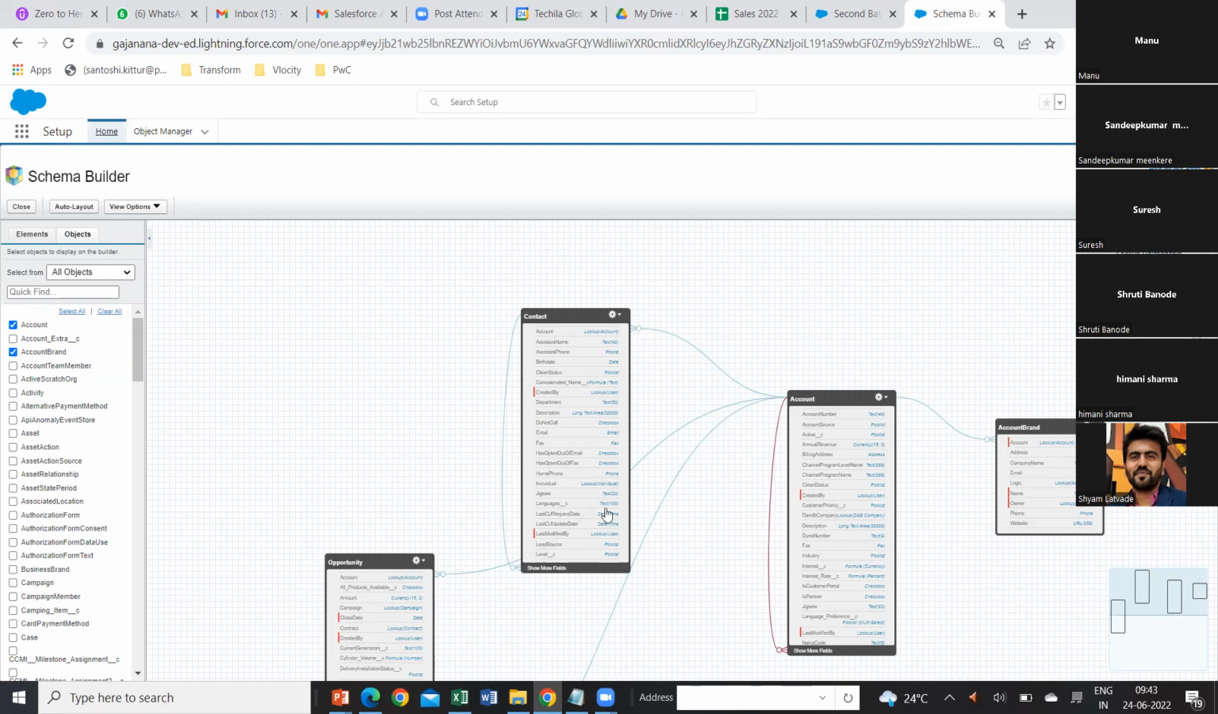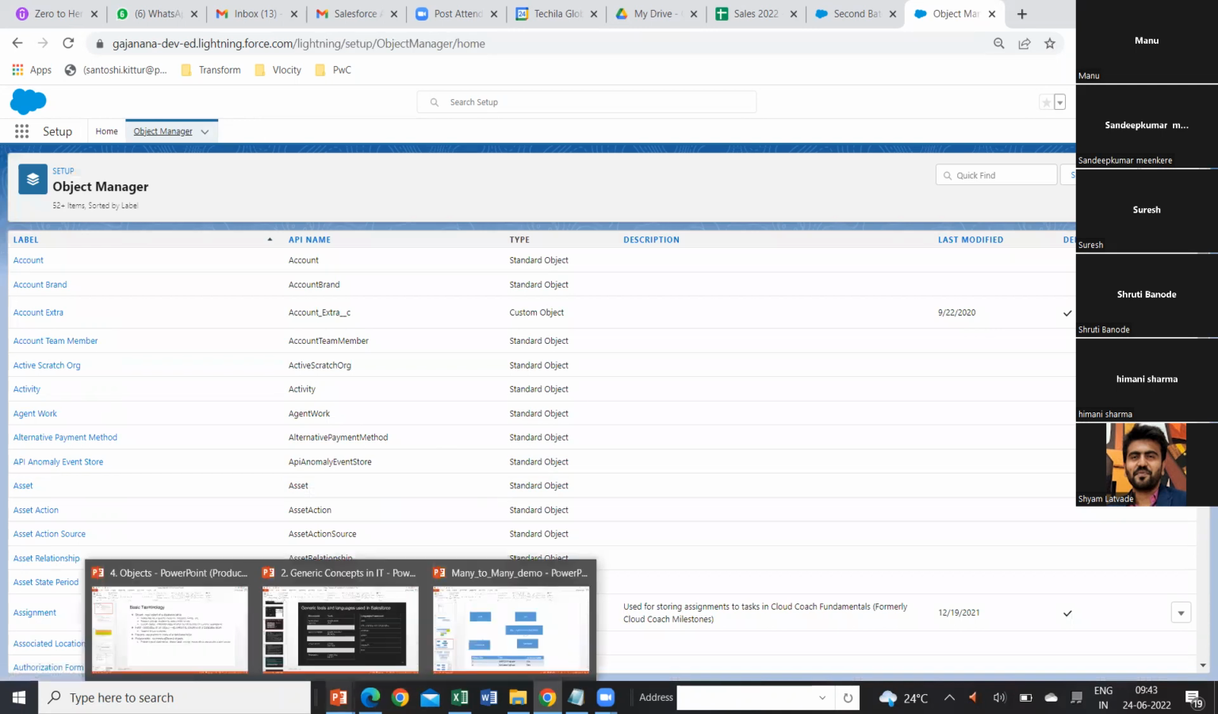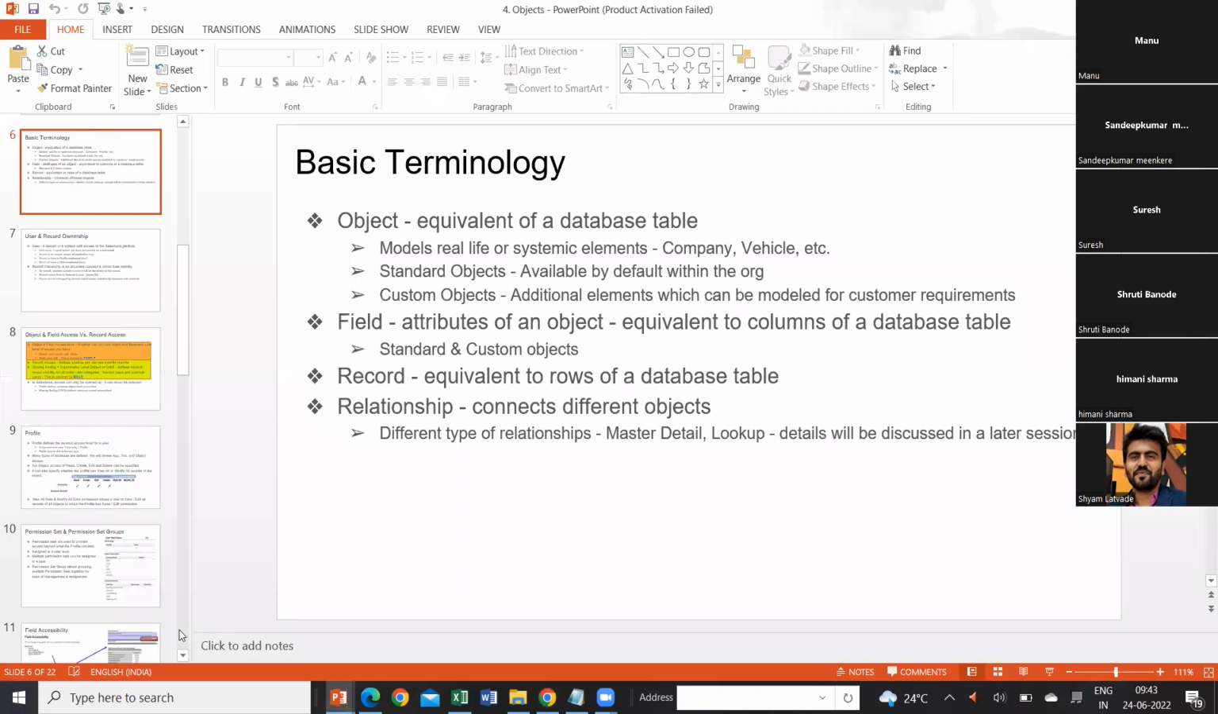So schema builder is nothing but the pictorial representation of the objects in the system that you have selected and the relationships that it shows between them. You can create an object from here and things like that, but normally you don't do it from here. You basically go and do it from the object manager itself. So I'm going to go back to the object manager and we will talk about the